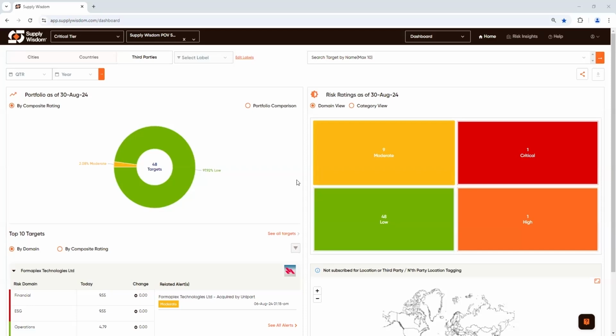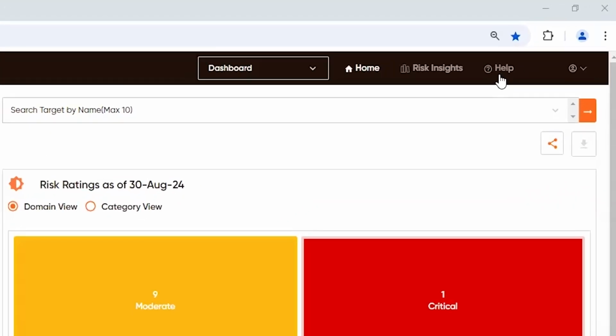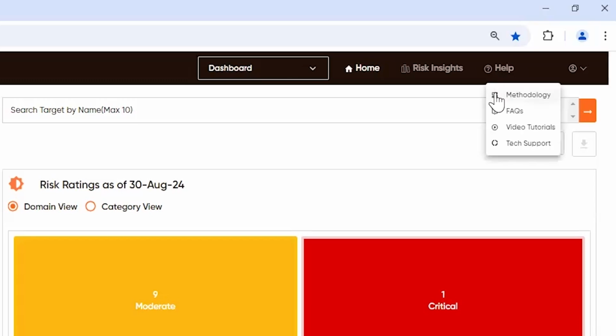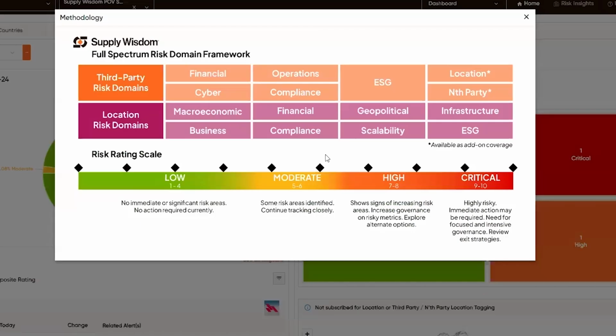Let's begin on our homepage dashboard. This is the first thing you'll see when you log into app.supplywisdom.com. Before we look at anything else, I always like to come to the upper right corner here in the Help section and open up this methodology graphic as a way to refresh myself and others on what Supply Wisdom is all about. So Supply Wisdom, if you're not already familiar, provides continuous monitoring and risk intelligence on both third-party